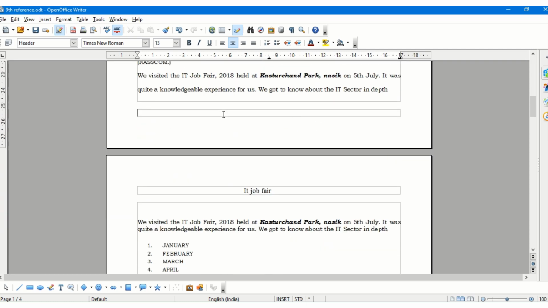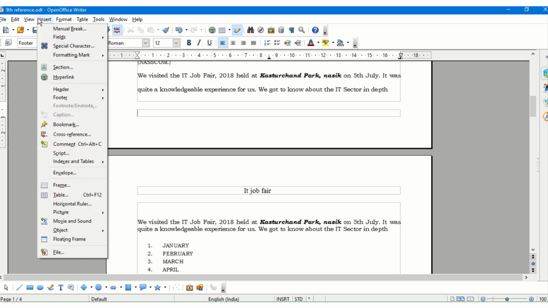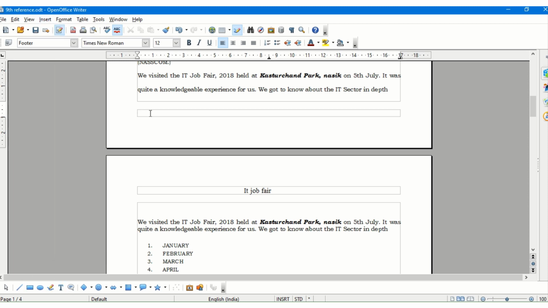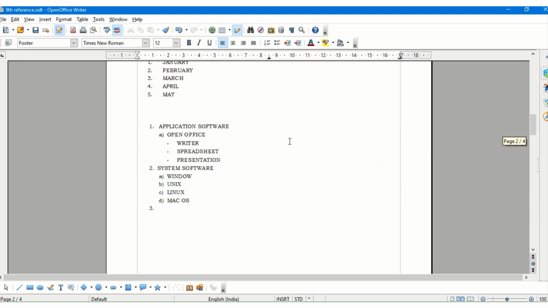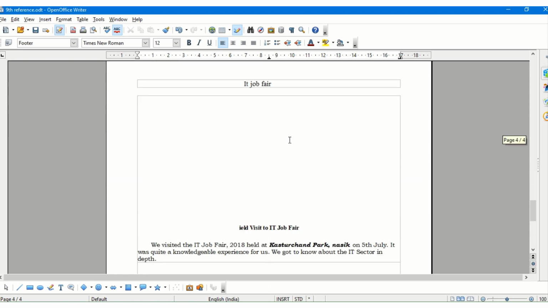Similarly, I can insert some text in the footer region also according to my choice. In the same way, Insert Footer, and I will be able to insert the text in the footer region. So here in the footer, let's take a text over here and write something, say page number or something like that, we can do it from the footer region. So this footer and header will be available to you on all the pages of the document.